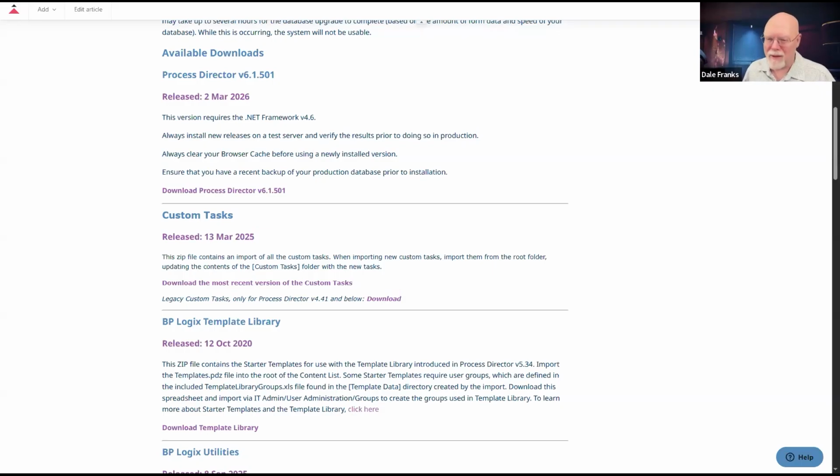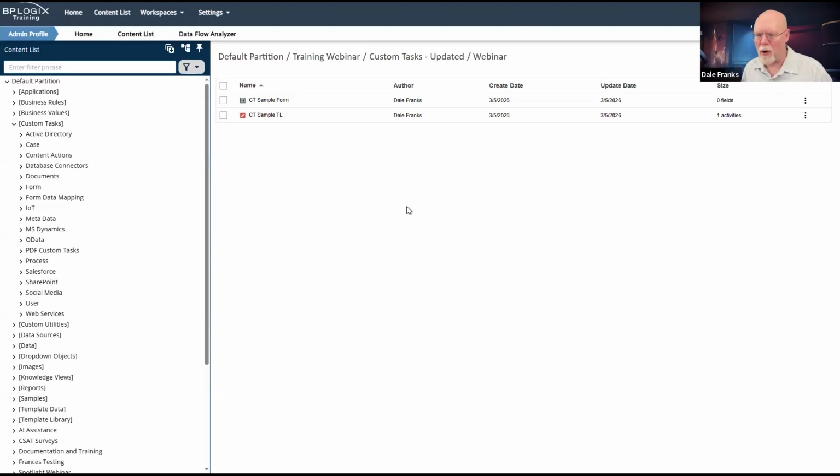So that's also an indication that you should be keeping up with the product releases as well, and updating the product. I hesitate to say on a regular basis, but you should probably be upgrading your product on a once a year basis or so, so that you have a more recent version of the product.